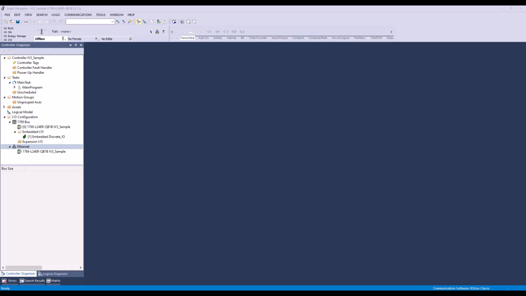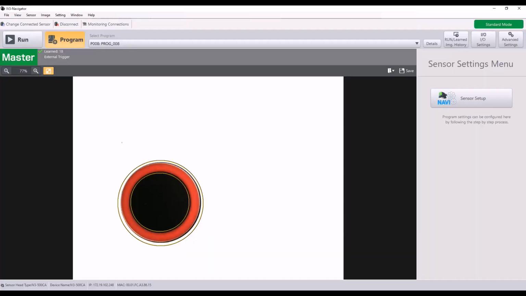In this video, I'm going to walk through how to get the IV3 set up with a CompactLogix PLC in Studio 5000 software using our EDS file. Before we jump into importing the EDS file though, there are a few changes that need to be made in IV3 Navigator. So we're going to jump over to IV3 Navigator, and in program mode, we're then going to go